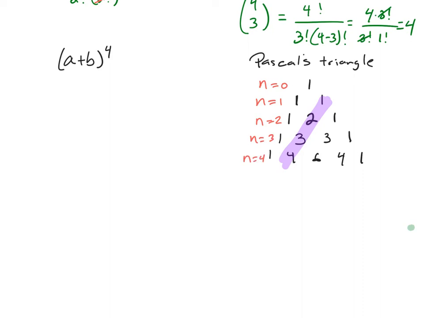So that means the n is going to be the exponent to which we're raising the binomial, right? So in this case, a plus b to the 4th. So I'm going to use this line. The second number in the line is going to tell you my coefficient